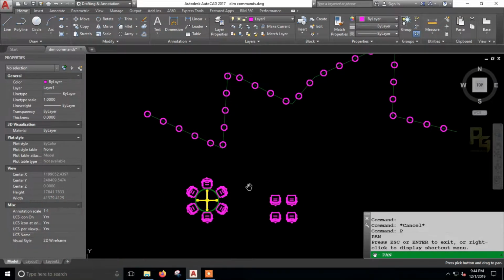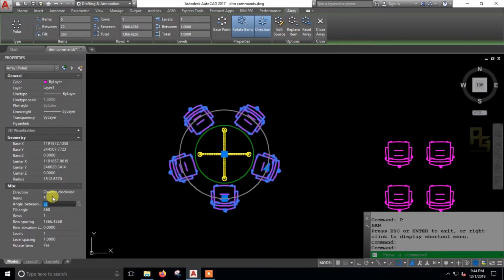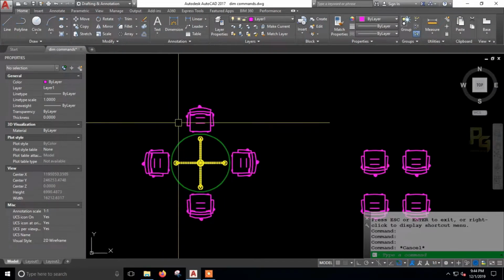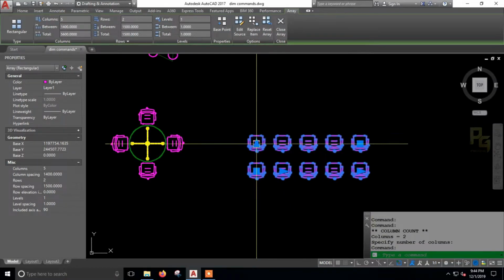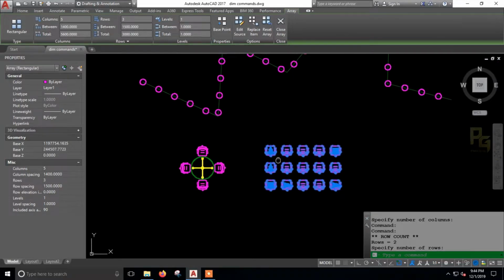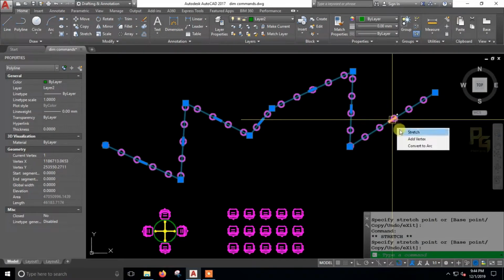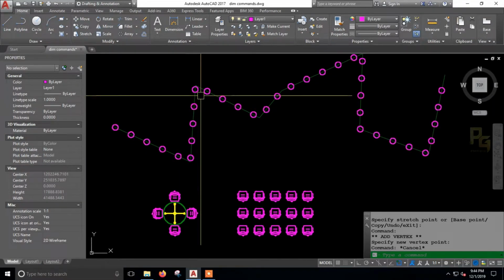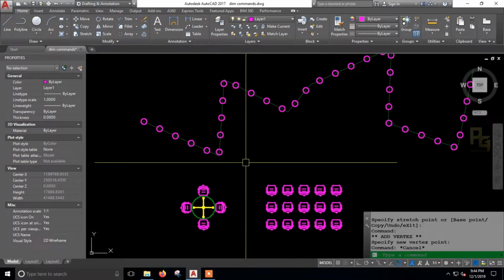In this AutoCAD tutorial video, we are going to discuss how to work with array commands. Using array commands, we can control things like which I am showing now. We can control objects in a circular direction, and in a linear direction as well, as we can make like this also. In this video I will show you how to work like this using array commands.